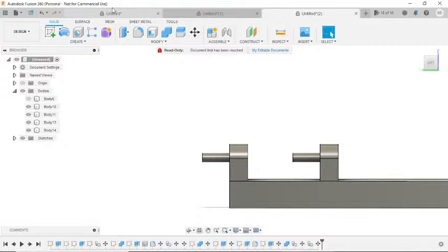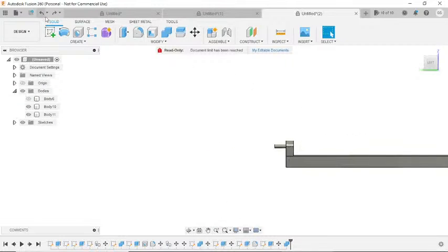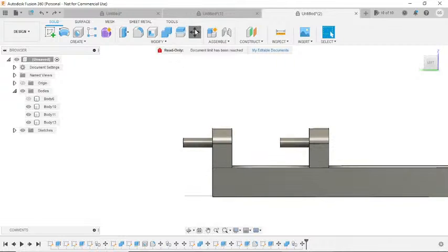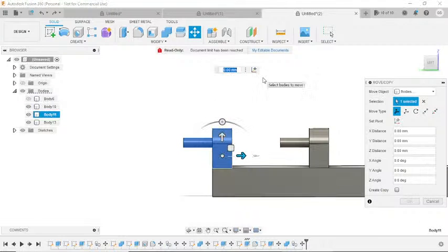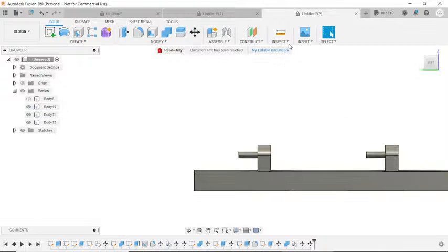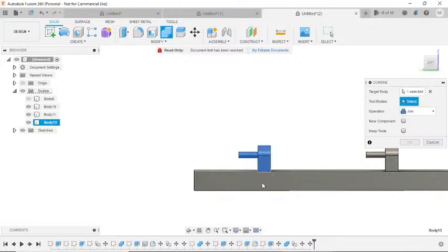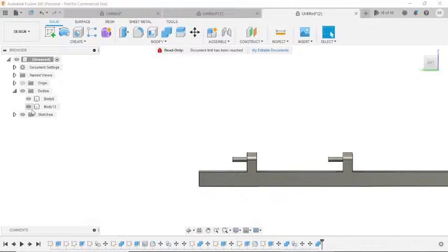And then, no, did not mean to do that, go back. No, go forward, we want that one there, but this one here, we did not want to copy it because this is the final design. So 30 mil, move that down, and then we have our working hinges, so we can then combine body, combine that, and that. Okay, bringing back the other body,